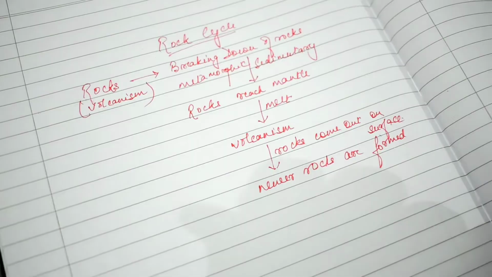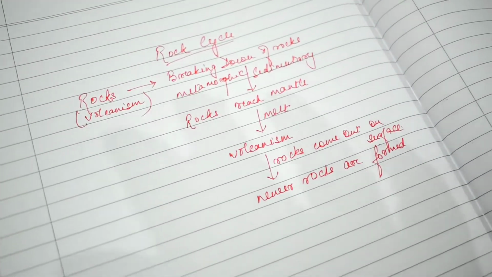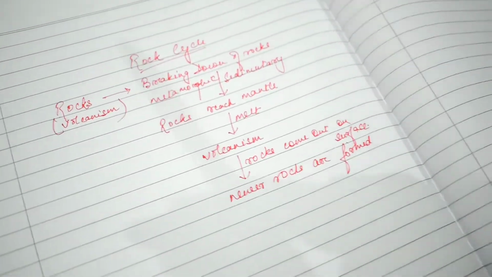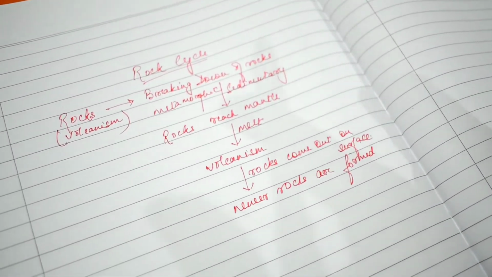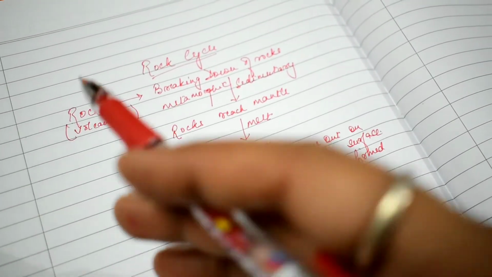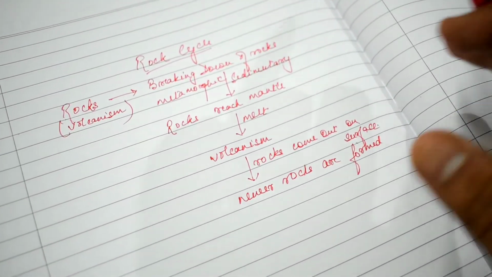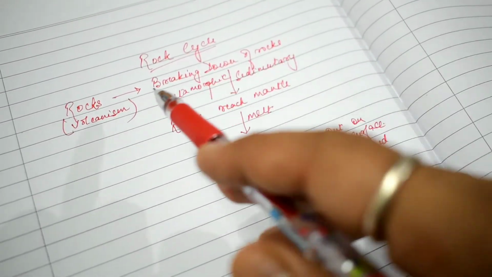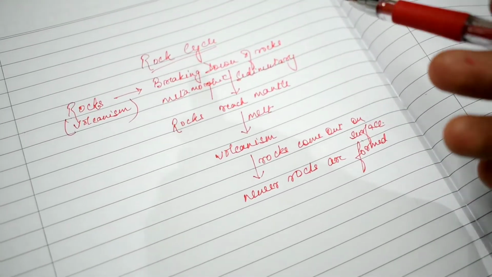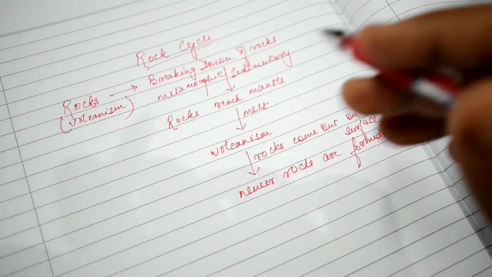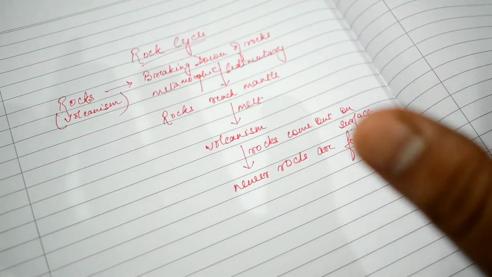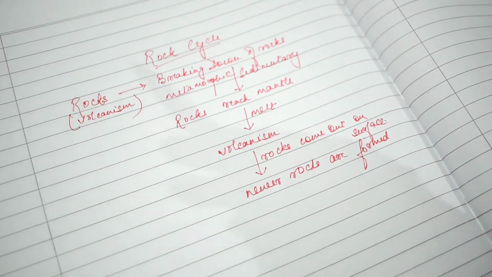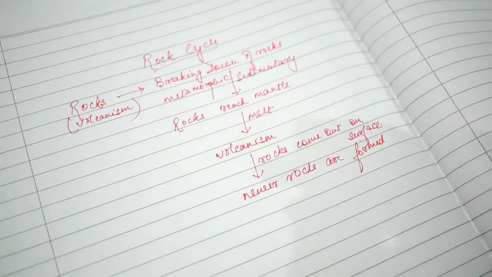And why did I talk of the rock cycle when I started about weathering? Because you have to know the entire life history of a rock. It is the rocks which get weathered, and it is those rocks which give us soil and so many other different kinds of earthly materials which you find on the surface of the earth. The rocks undergo lots of processes of weathering, eventually go back into the mantle, there is again volcanism, and the rocks come up again. So this is the rock cycle.